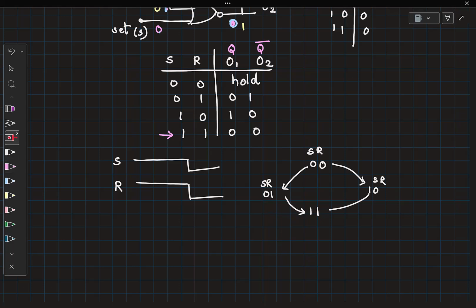Now if it followed this path, then the output you will see is going to be 0, 1. Right? If it followed this path, then you are going to see the output as 1, 0. Right? So a lot of times when you go from the 1, 1 state to the 0, 0 state, that means from the forbidden state to the hold state, your output might be a function of the noise in the system, of mismatches in the system, etc., than the actual input.